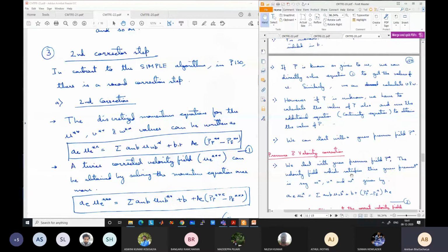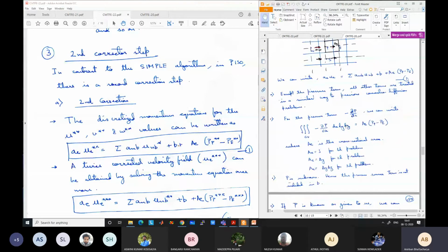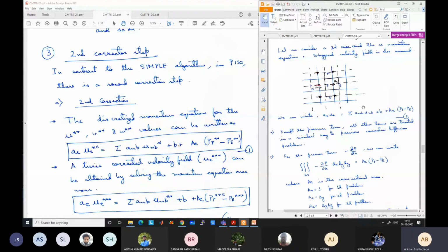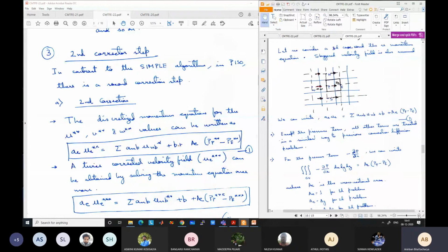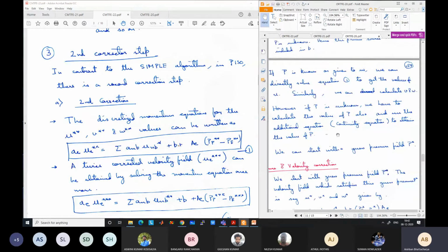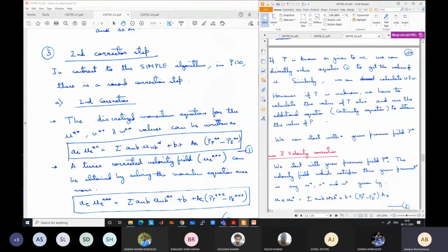This was with the gauge pressure. The general momentum equation was this, the discretized momentum equation: aE uE = summation of aNB uNB plus b plus aE (PP minus PE). I hope you can see this. It is quite small; if you have a laptop, you will be able to see it. On mobile it is almost very small. This is the discretized momentum equation. And with gauge pressure, we have solved it to get the star value.